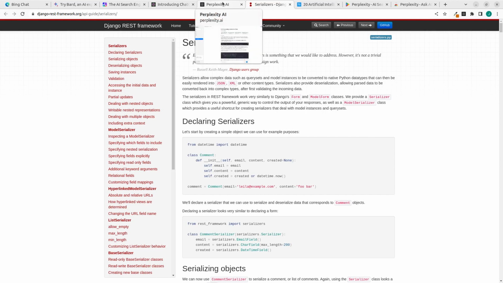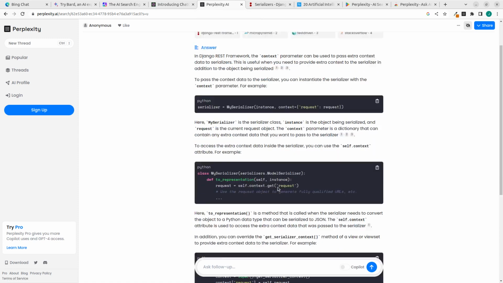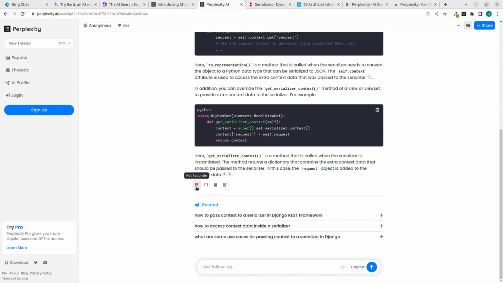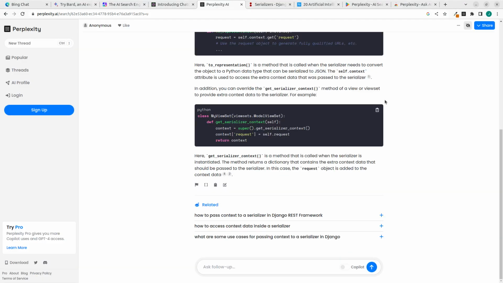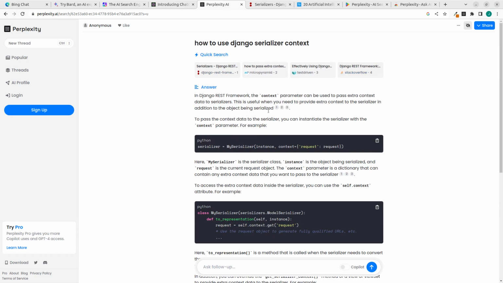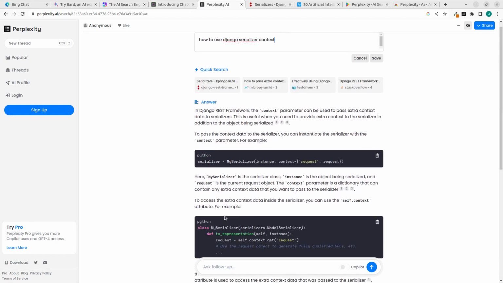And this is using a different technology to help you get those things. Very cool. And you can see all the references here. If I go down, you can see that you can check the accuracy. If not accurate, you can give it some feedback. You can also view the sources. It's going to list all the various sources, which is the same thing that was shown here, and then also these ones, right? And you can also copy it, and you can also edit the query as you have here.